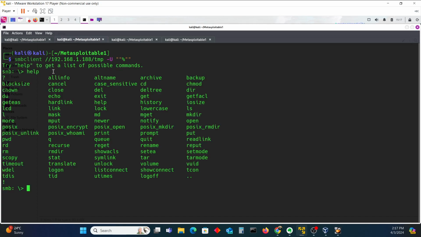Now, if I type L, you can see we have different commands. This is similar to FTP, File Transfer Protocol. When we get FTP connections, we have the same commands. We can use get to download specific files that could be interesting, or we can use mget to download a directory that has various different files that can be very useful. Let's